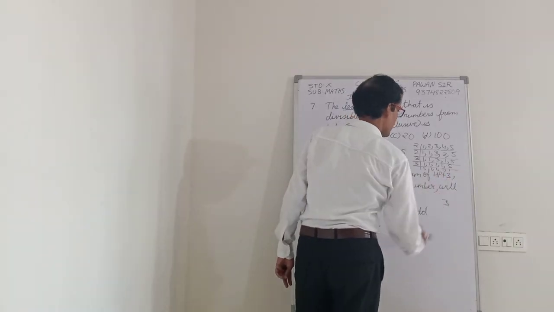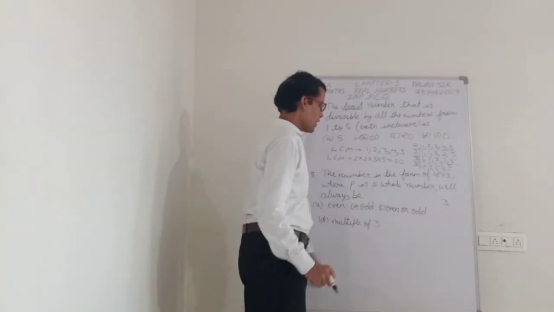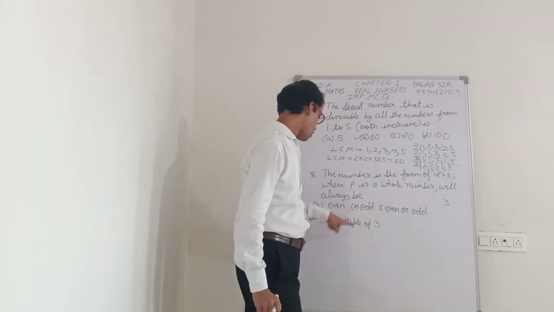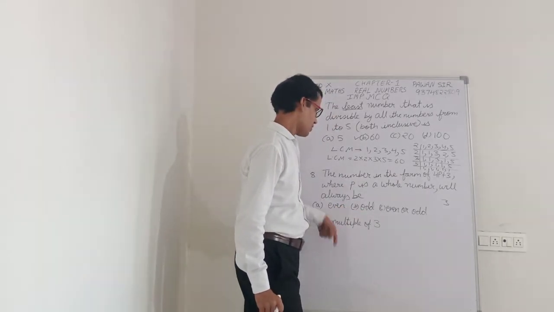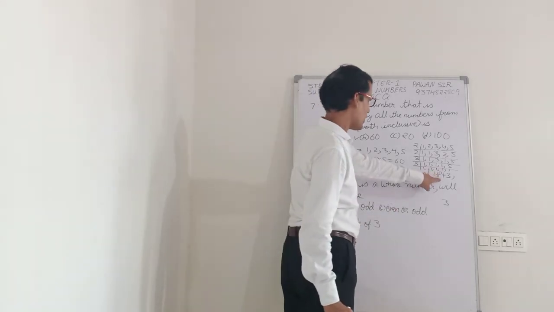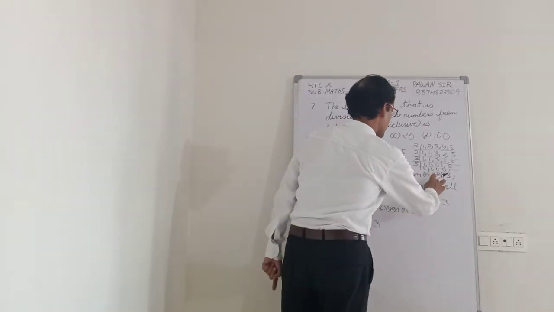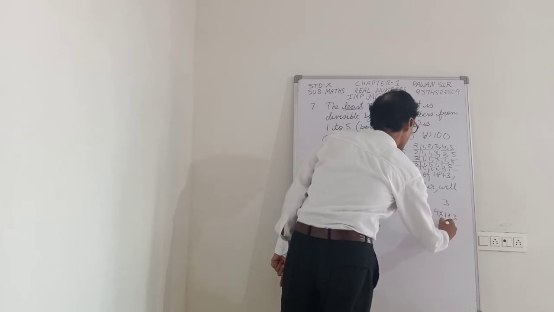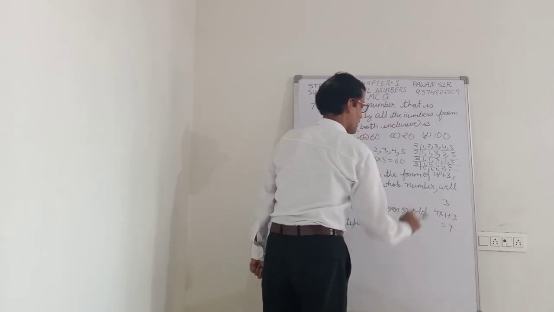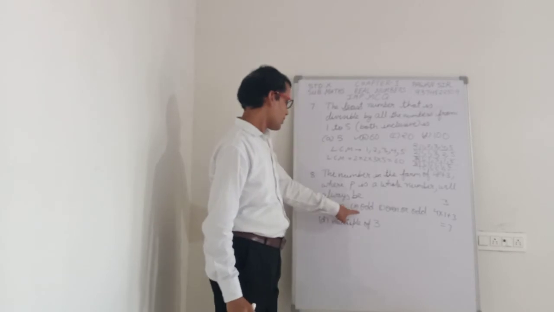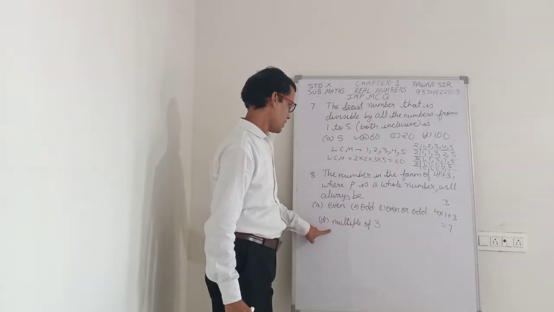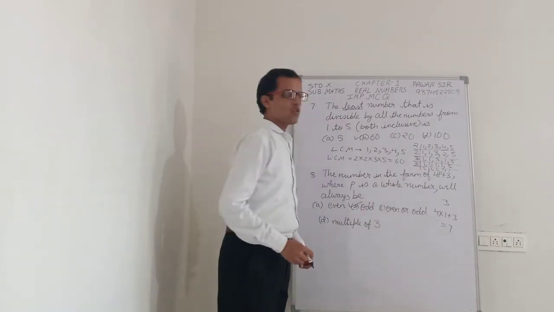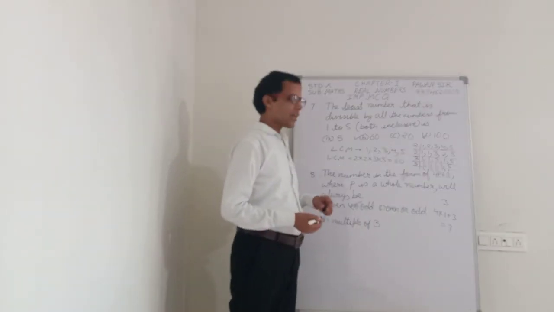We get 3. Okay, so if it is 3, then we are getting 2 options here. Either it is odd or a multiple of 3. So again, take p equal to 1. What we get? 4 into 1 plus 3. It is 7. 7 is an odd number. It is not a multiple of 3. So the correct option is B. So this completes our question number 8.